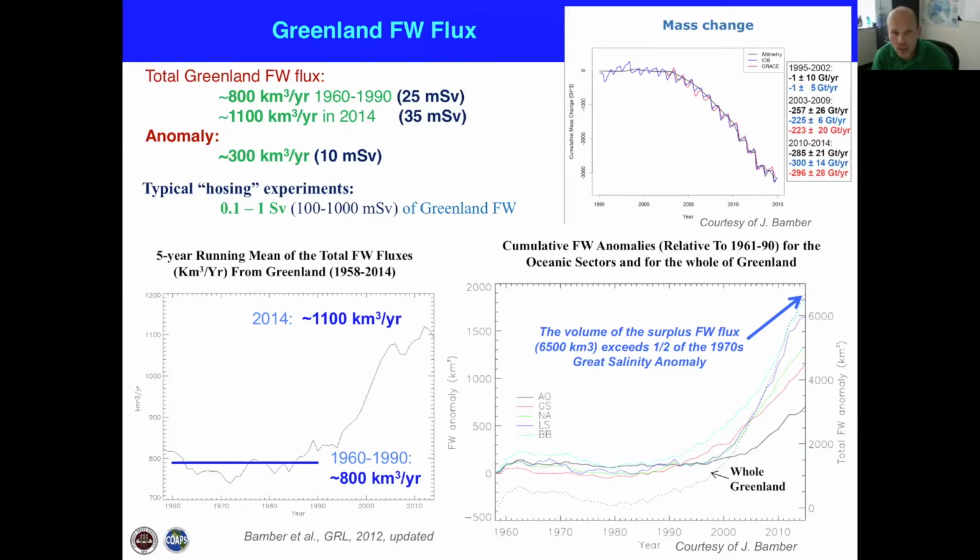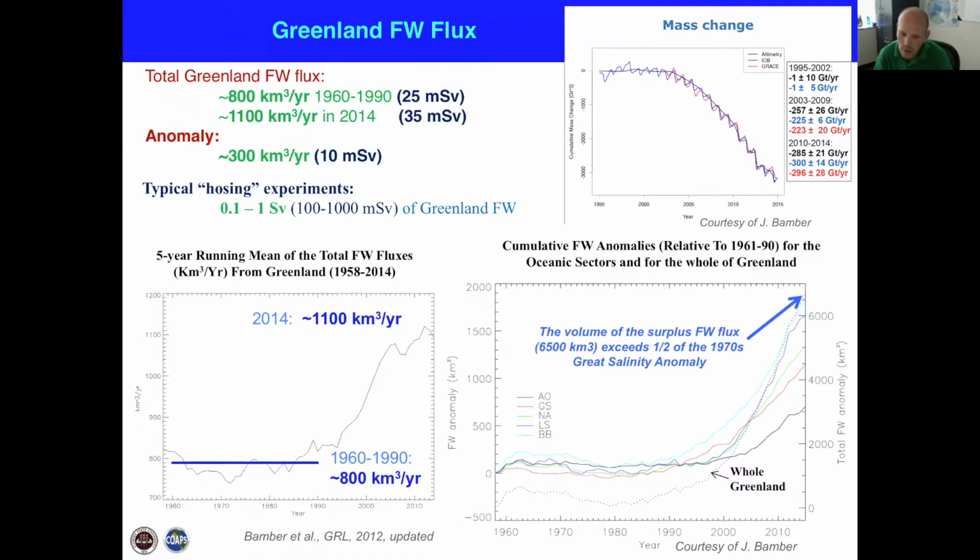This slide shows Greenland freshwater flux and how it changes in the 20th and 21st century. These figures are courtesy of Jonathan Bamber. During the 21st century, as I said, Greenland has been melting, and the melt rate has been accelerating since the 1990s. By now, according to Jonathan Bamber, the volume of the surplus freshwater flux has achieved about 6,500 cubic kilometers, which is roughly half of the 1970s Great Salinity Anomaly, which tells us that potentially it can